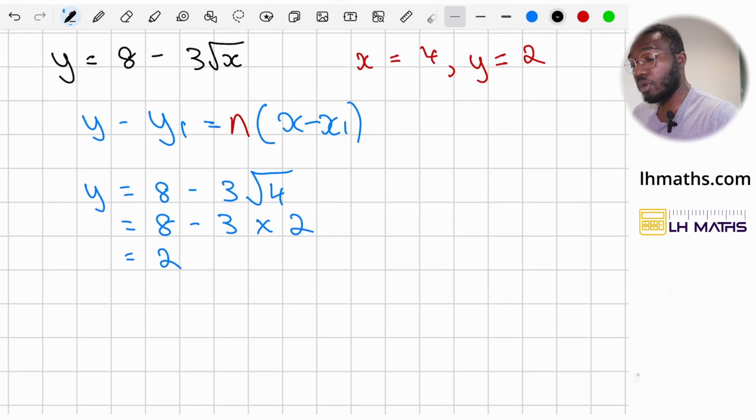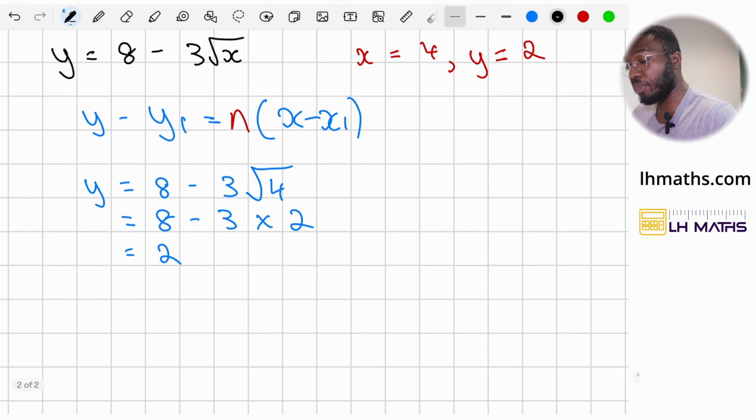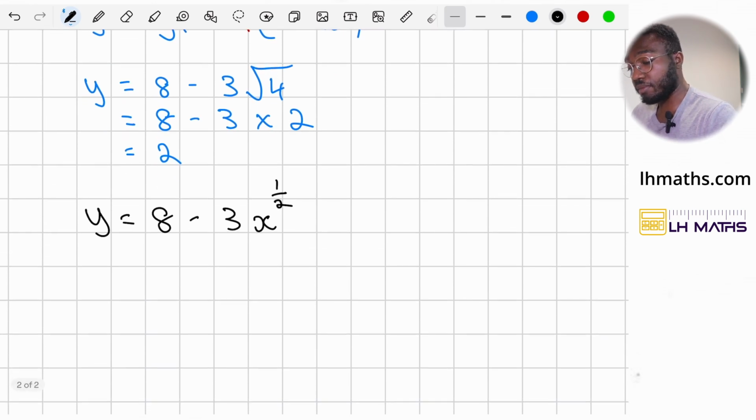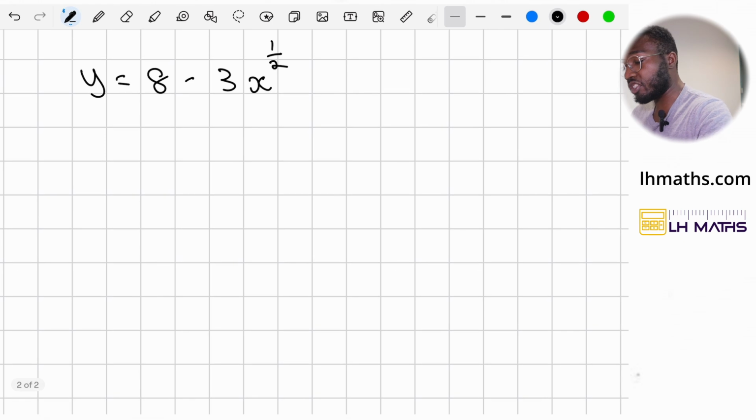Okay, so now we need to work out our m value. If we work out the gradient, then we can work out the perpendicular gradient. So first things first, I'm going to rewrite our equation at the top differently. Instead of 8 minus 3 root x, I'm going to write it as 8 minus 3x to the power of a half. The reason for that is that it becomes a lot easier when we want to differentiate. So if I differentiate this now,